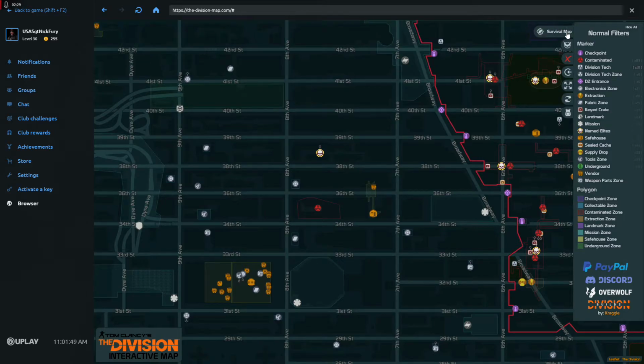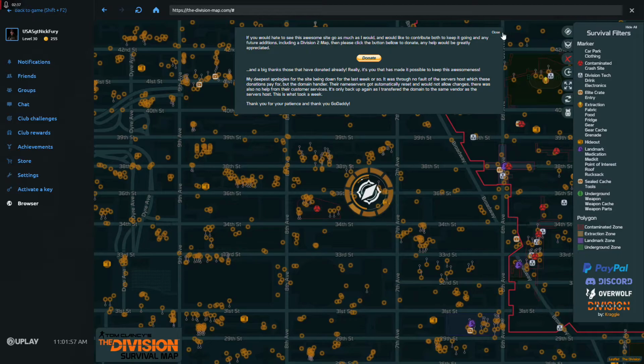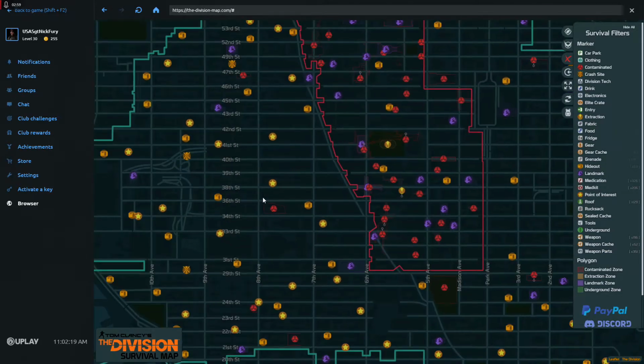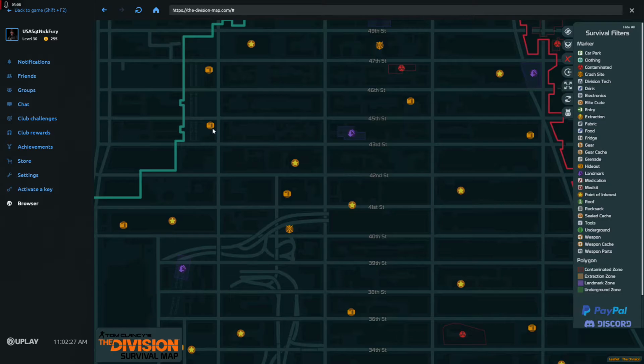The cool thing about this is it has a survival map. When you switch on survival mode, it gets pretty extensive and has everything, from the crash sites to drinks, electronics, fabrics, food, gear caches, I mean everything you need, medication, med kits, all your landmarks, weapon caches, weapon parts. And again, as you zoom out, they'll disappear. Let's say we start up here, because a lot of times you'll start at one of these safe houses up here,